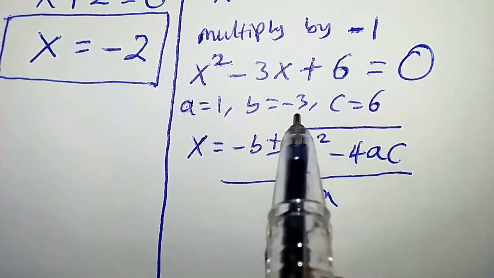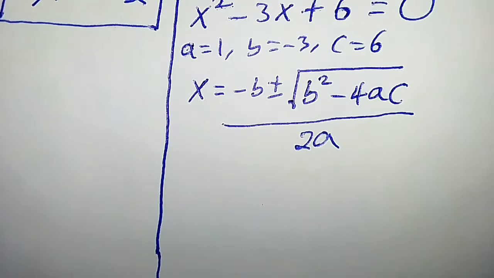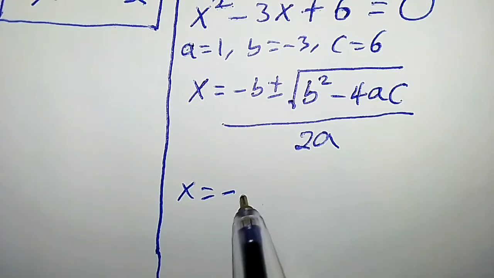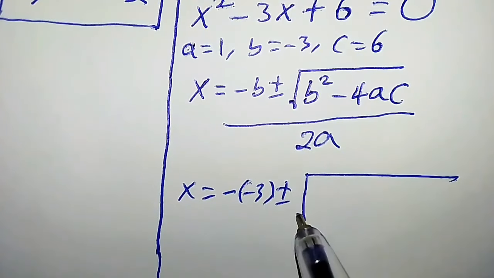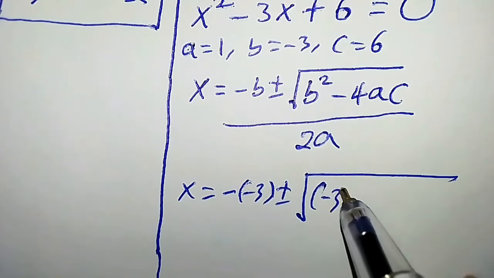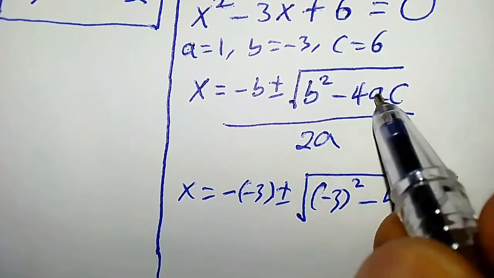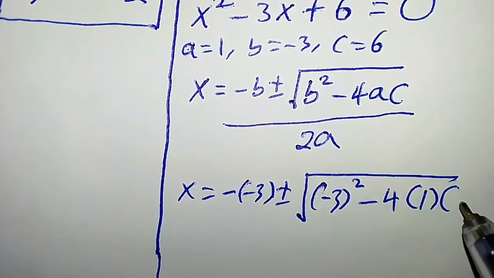So let us just plug in these values into this equation and see what we have. x equal to minus b is minus 3 plus or minus square root of b squared, that will be minus 3 all squared, minus 4 into a is 1 into c is 6